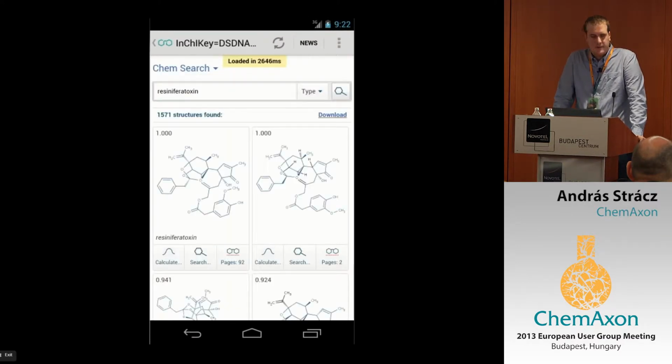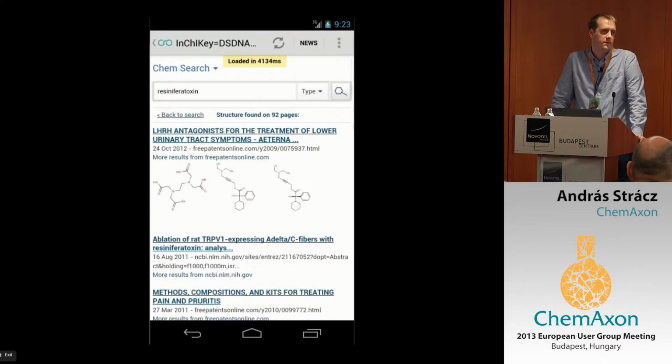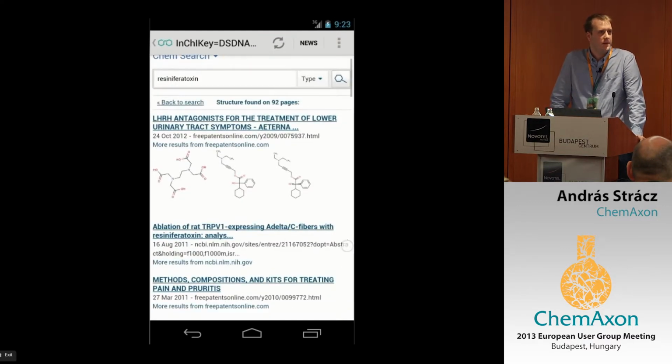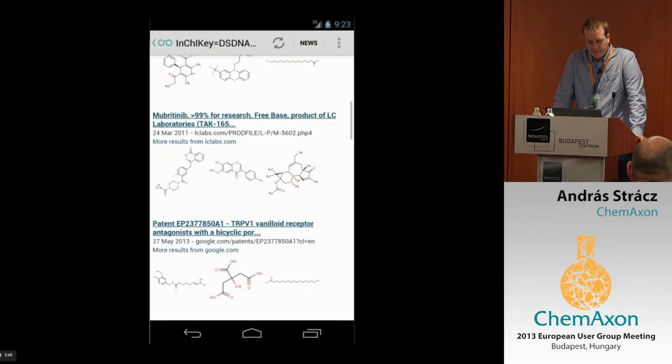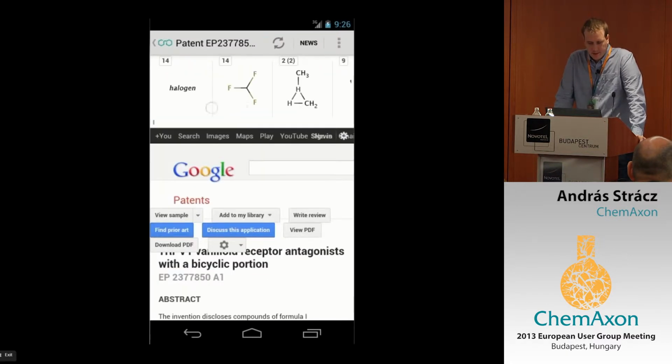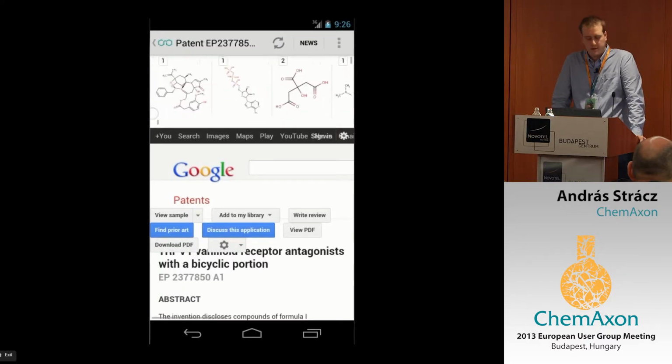So once we confirm that this is actually the structure that we want to play with, let's head back to the ChemSearch and see what kind of reading material we have on this structure. This is the database of those 400,000 web pages that our users regularly visit. For this structure, we had 92 pages that describe it, and this patent, EP23 something, looks like a good